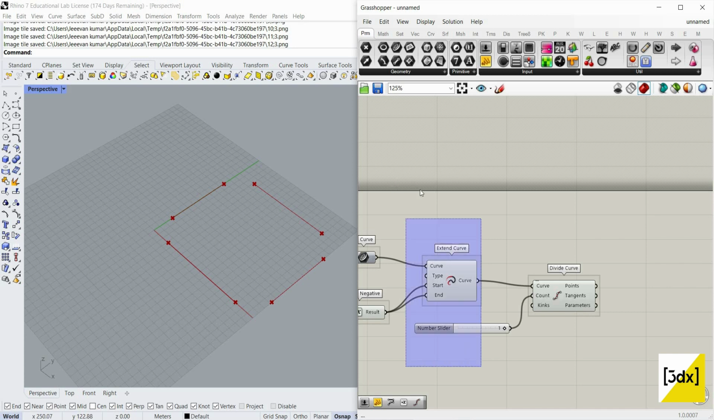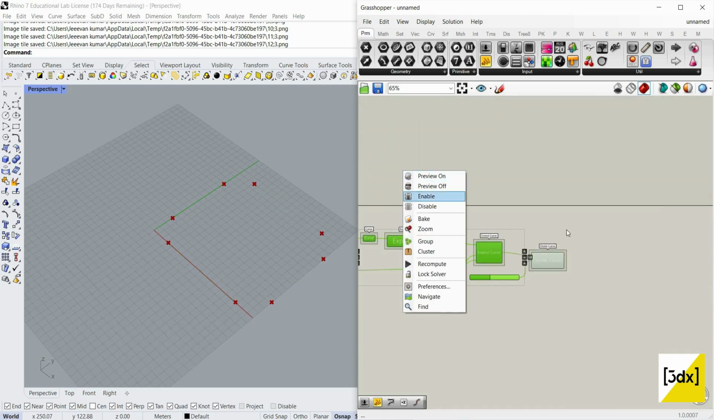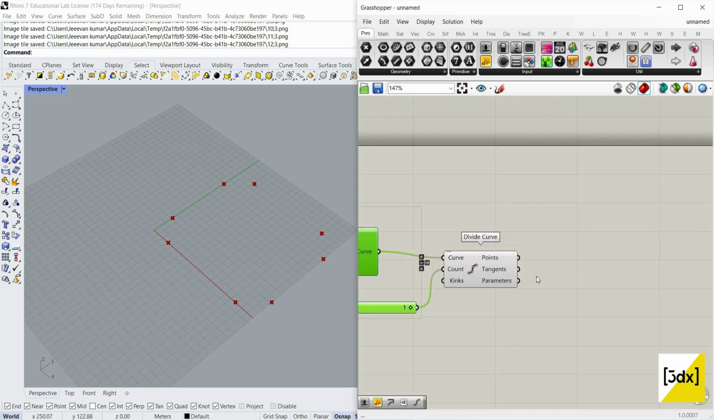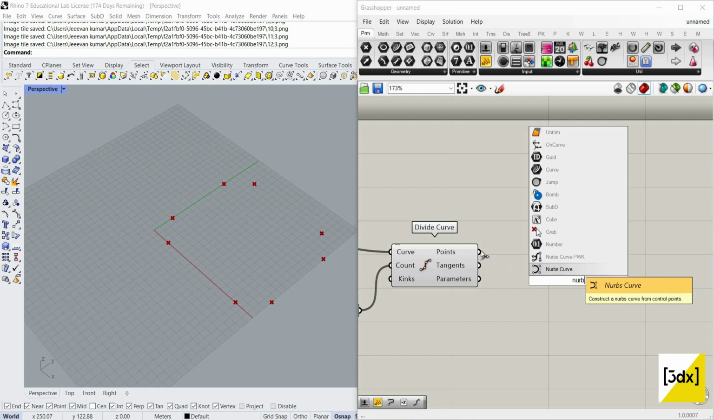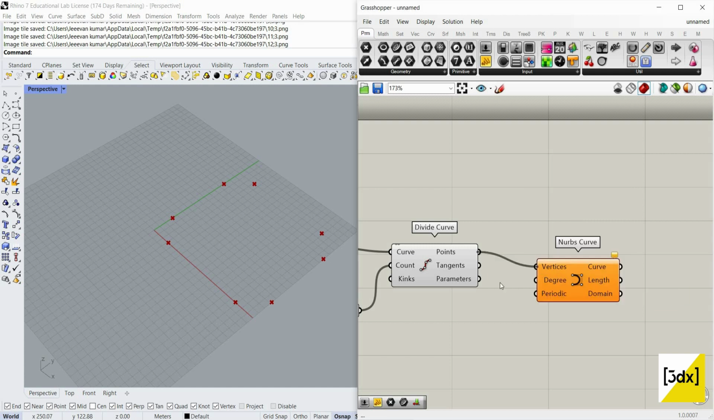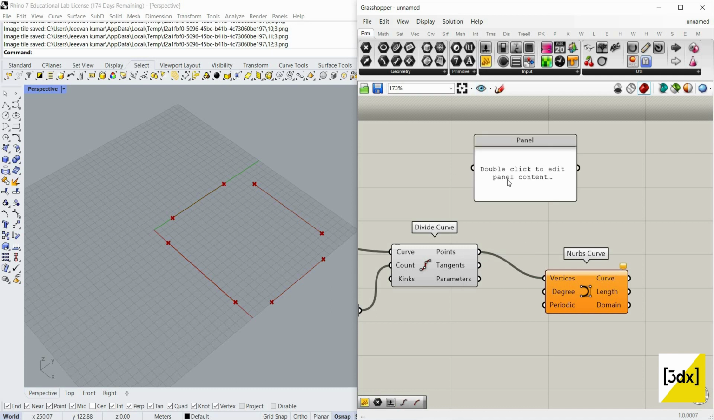So now I'm going to turn off everything. I just want to see only the points. Now I'm going to give nurbs curve. You can see the curve has not been connected. Maybe, just see,